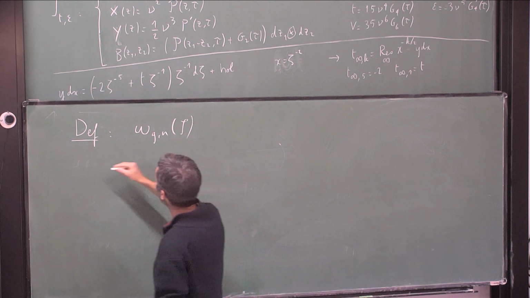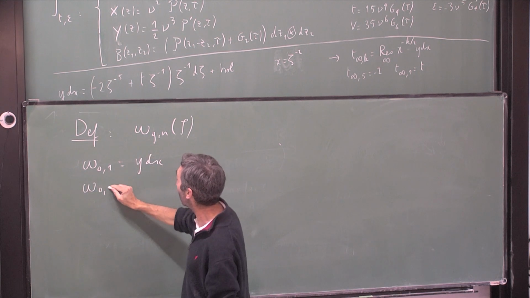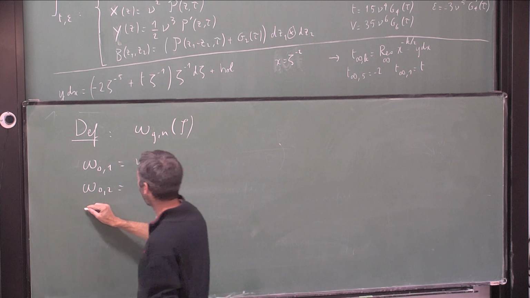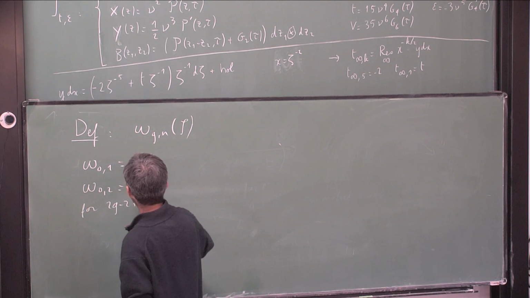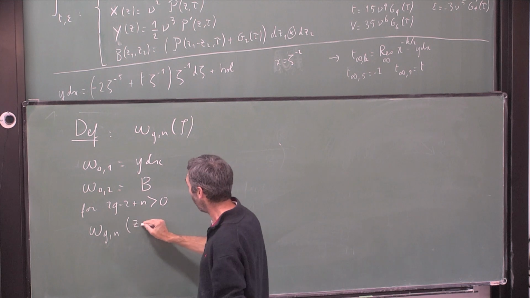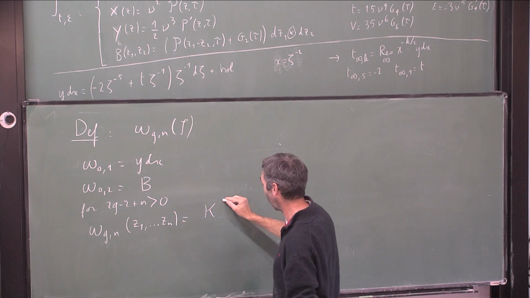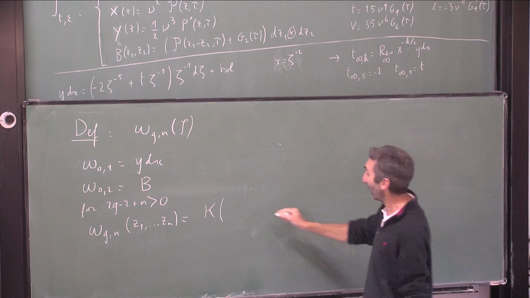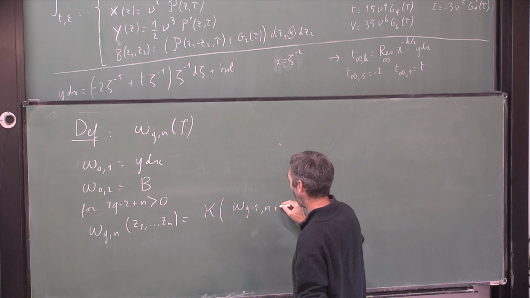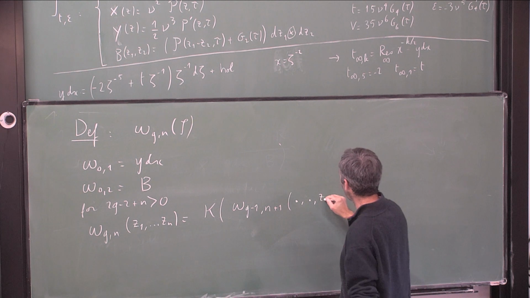Okay, so definition. In the definition, omega 0,1 is just y dx, our 1 form. Omega 0,2 is our B, also a 2 form. So this part is easy. And then for 2g minus 2 plus n strictly positive, you define the omega g,n's by recursion. So let me write it this way. Omega g,n of z1, ..., zn equals K of omega g minus 1, n plus 1 of, let me write a dot, z2 ... zn